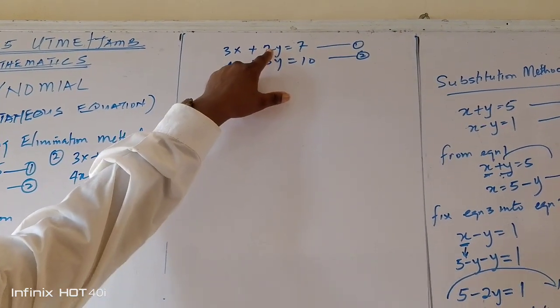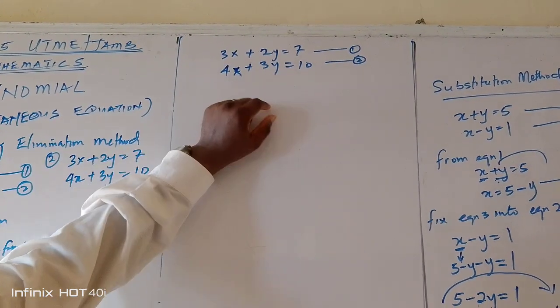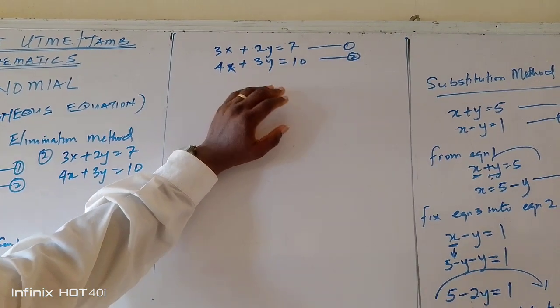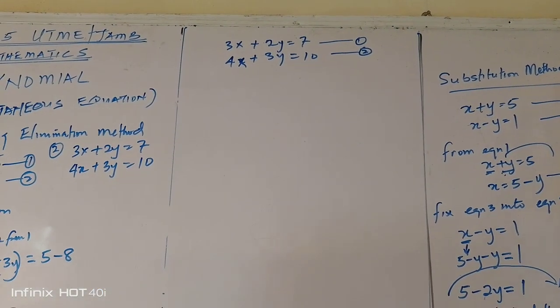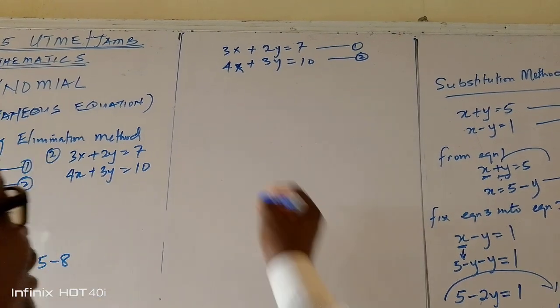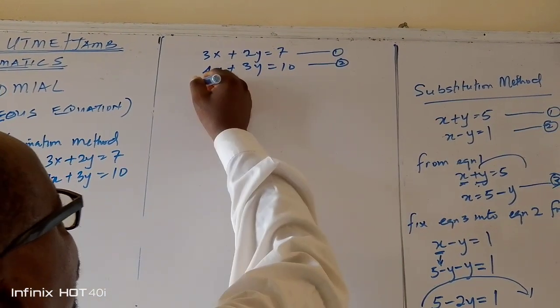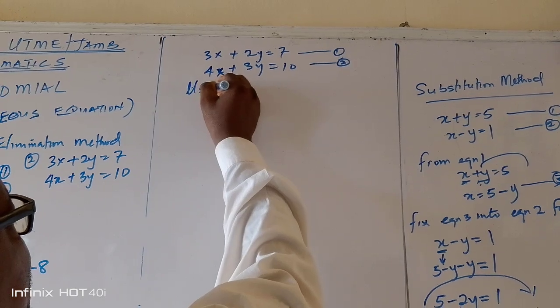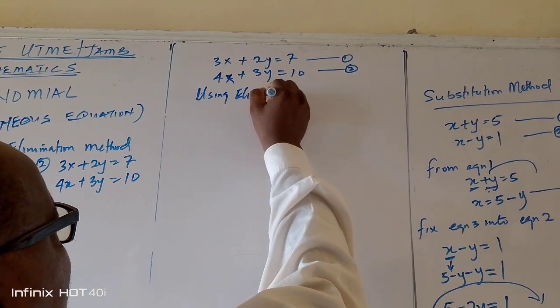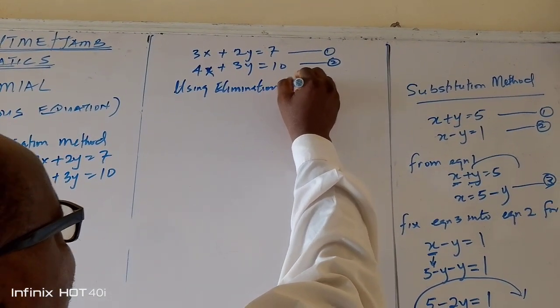The coefficient of y here is 2, and the coefficient of y here is 3. I can't eliminate. So what do I do? But I want to use the elimination method to solve. So what do I do? I will say, using the elimination method,